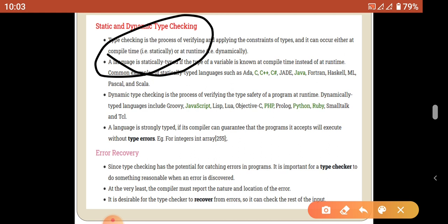Because the compiler never stops the execution of the compilation process when an error occurs. So you are going to allow the compiler to find the next consecutive error, which means we are going to recover from the errors. That work is also done by the semantic analysis. That is the error recovery methods.